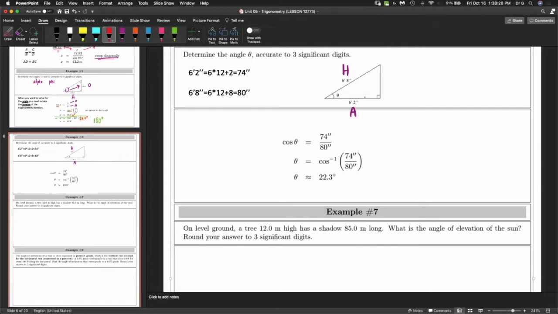So this one over here is 74. The units are inches. I can just take those inches off, and this is 80. And there's the 0. Anyway, 74 divided by 80. There you go. So that's enough questions involving